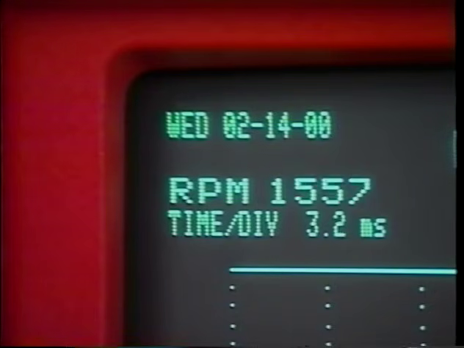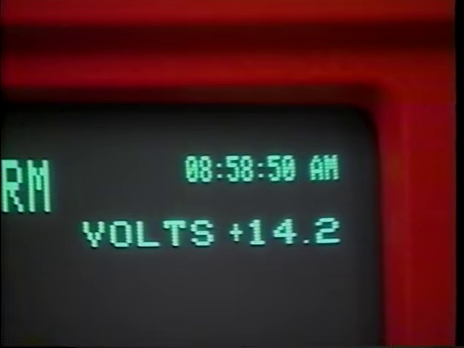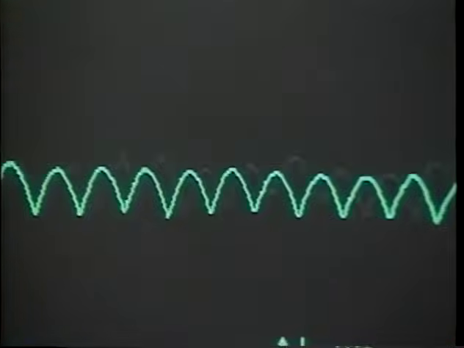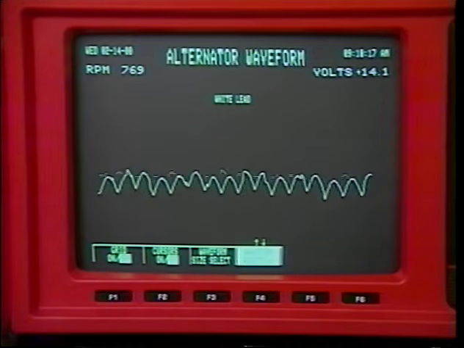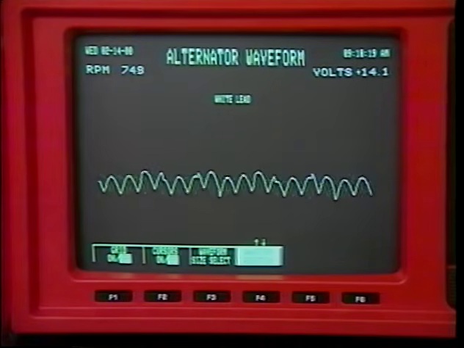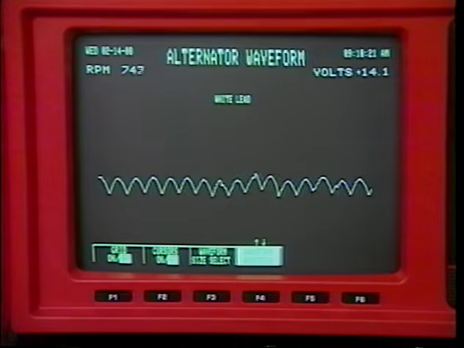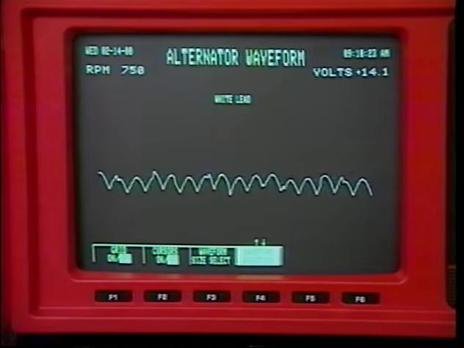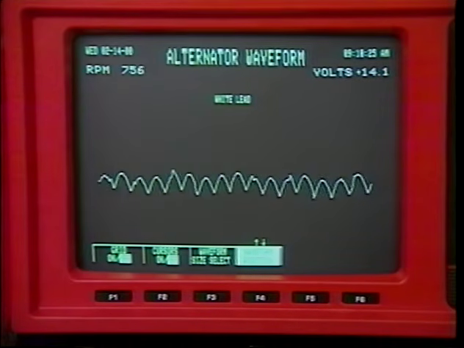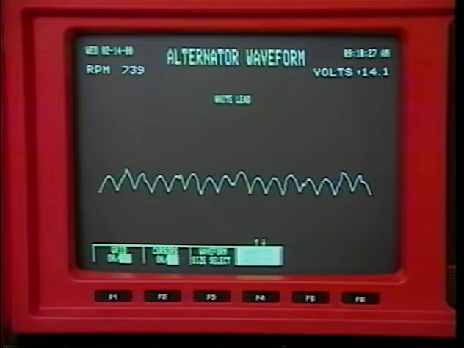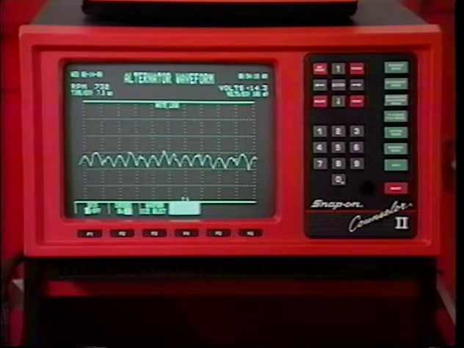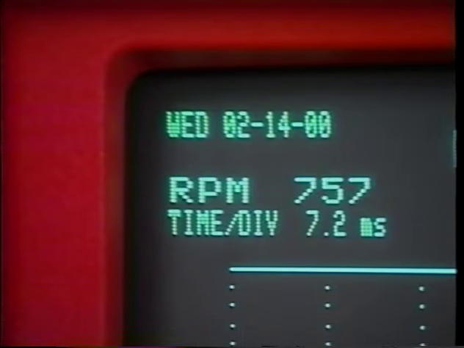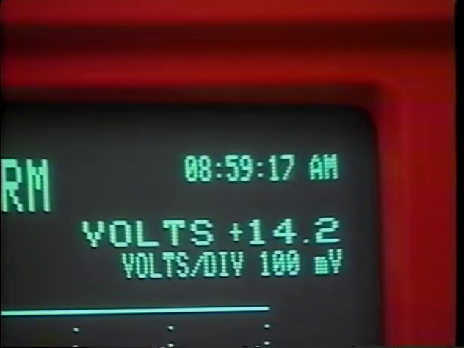The RPM is displayed, and the alternator output is displayed in volts and as a waveform. The voltage reading can be used to check the charging system's regulated voltage. The waveform will help you analyze the condition of the diodes and stator windings, 2 common sources of alternator problems. The background grid divides the scale into time increments in milliseconds that vary with engine speed and voltage increments of